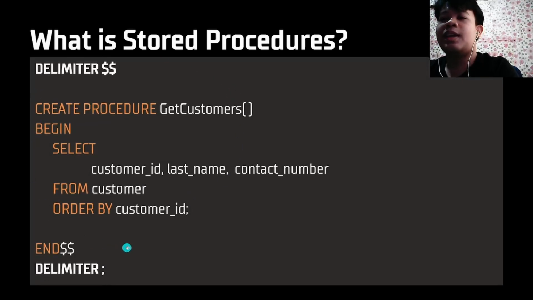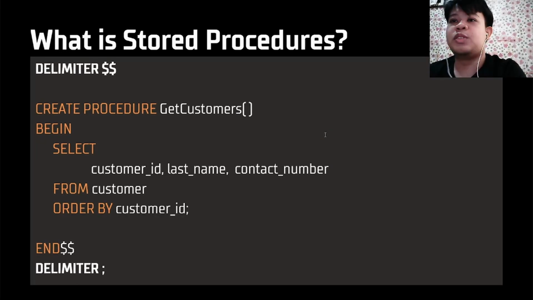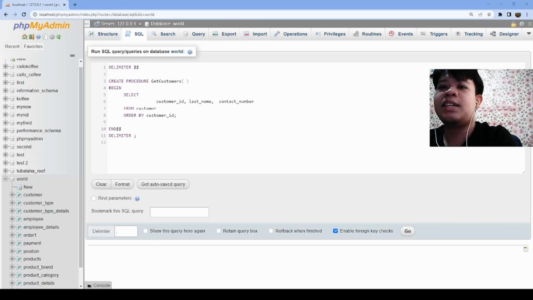So here is a custom code of a stored procedure. As you can see here, here's the delimiter and here's the code. We're going to name it get customers, and we're going to select customer ID, last name, and contact number from the customer table and order it by customer ID. So we run it,